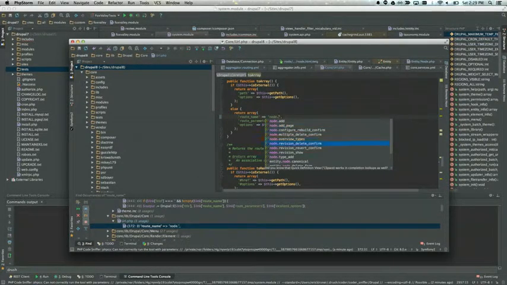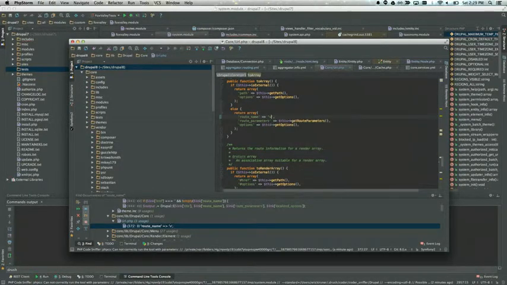So now it's giving me a list of all of the route names that are available. I can say views.